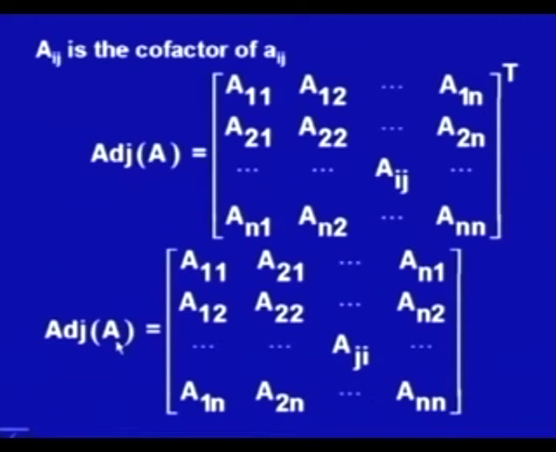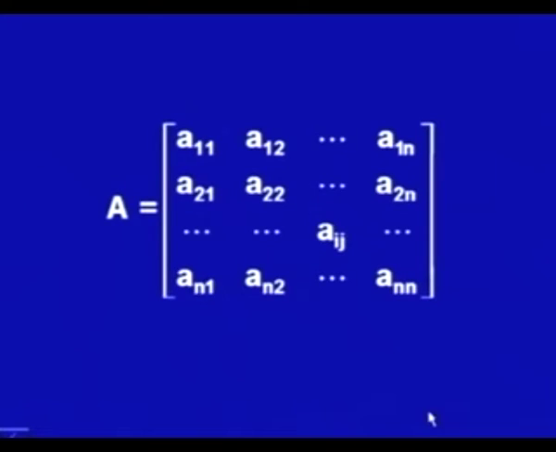Transpose simply means the rows and columns are interchanged. So, I am writing A11, A12, A1n, the first row, as the first column, and this is the second row written as the second column, and the last row will become the last column. So, if I have the matrix A as this, then